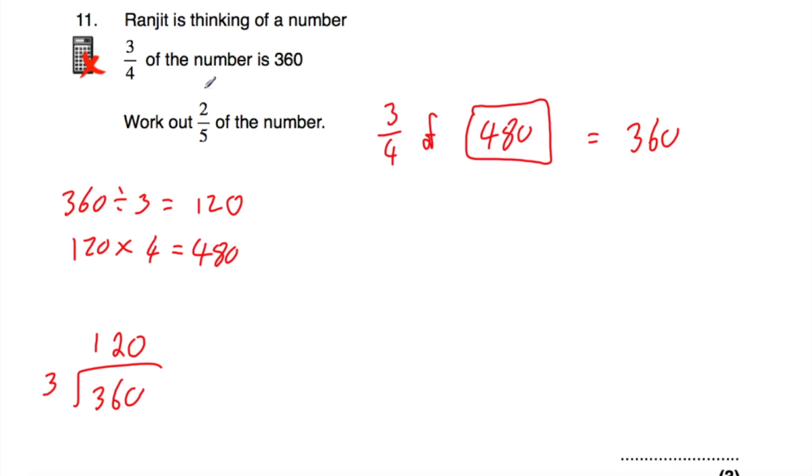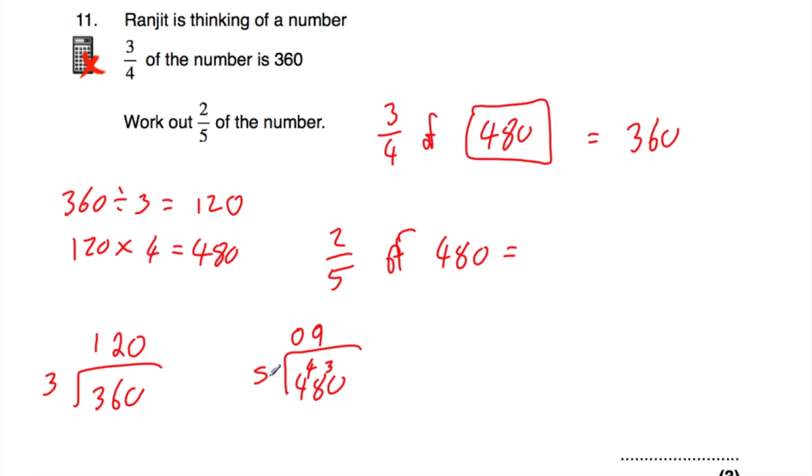Now we've been asked to work out 2/5 of the number. So we now need to work out 2/5 of Ranjit's number, so 2/5 of 480, and let's see what we get. So let's take 480, we want to work out 2/5 of it, so we're going to divide by the bottom and times by the top. So 480 divided by 5. How many 5's go into 4? 0, remainder 4. How many 5's go into 48? That would be 9, remainder 3. And how many 5's go into 30? That's 6. So 1/5 of 480 is equal to 96,